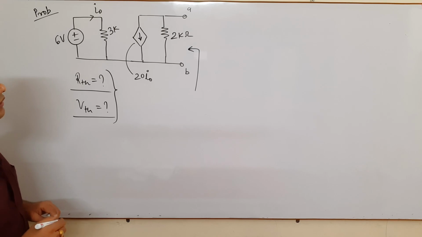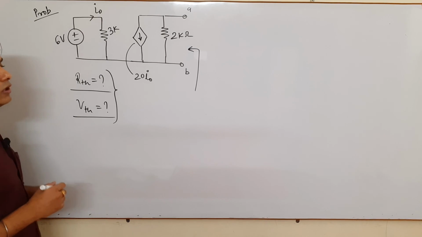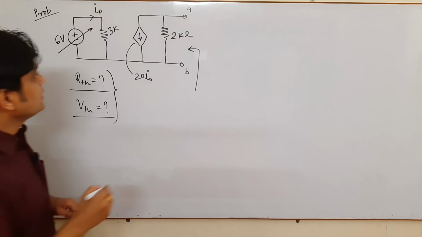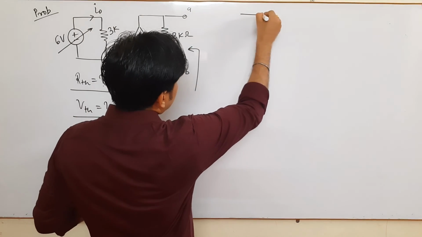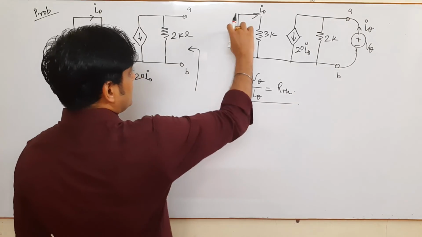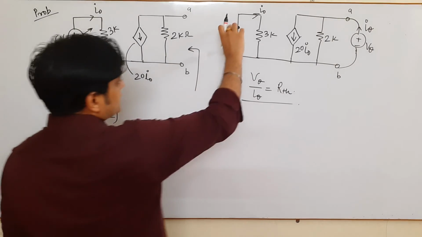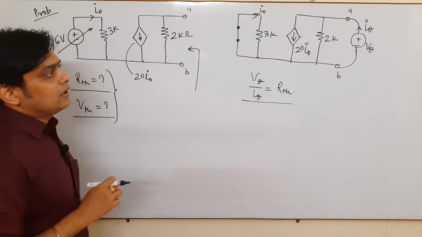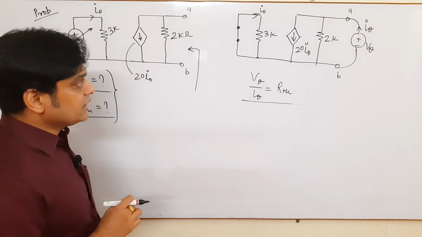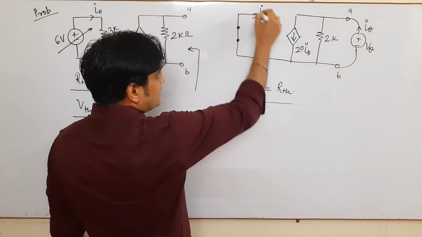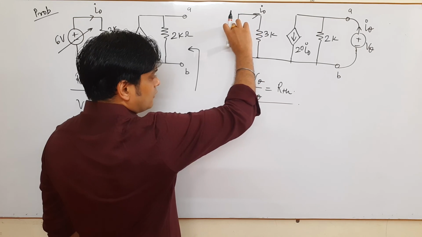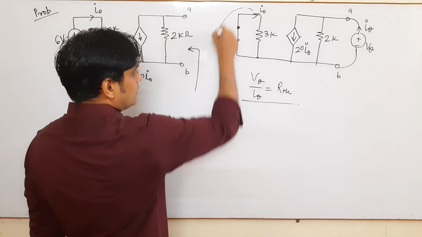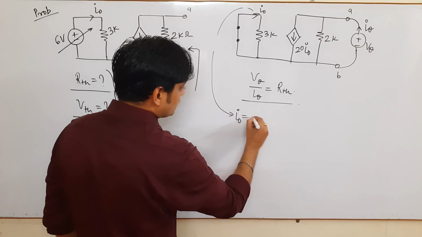As I said earlier, for finding out the Thevenin's resistance, all the independent sources go off. So this 6 volt source gets short circuited. If I redraw this network, when the 6 volt voltage source gets short circuited, here is the current I0, and here is a dependent current source of 20 I0. Very important thing, please see: this current I0 is flowing, but because there is no voltage source in this entire mesh, you can say the value of I0 is 0 ampere.